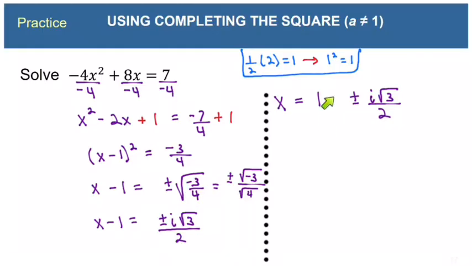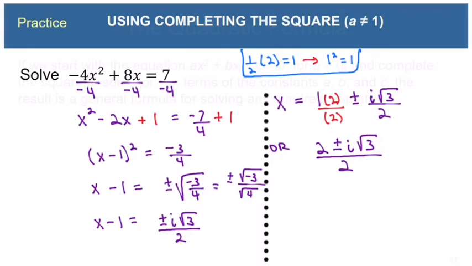And you may be wondering why I left a little gap here. Well, it's because it's just a little awkward for us to have a whole number and then a fraction. So a lot of times what people will do is go ahead and get a common denominator. So I see that this denominator is 2. So I know that to get a common denominator here, I just need to multiply this whole number by 2 over 2. And that's going to give us 2 plus or minus i square root of 3 all over the